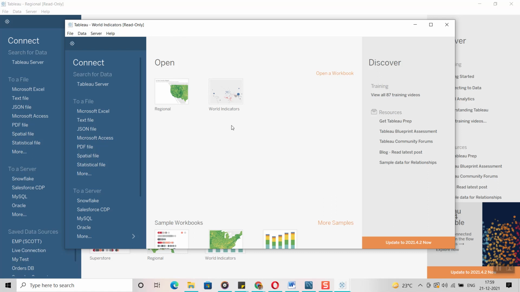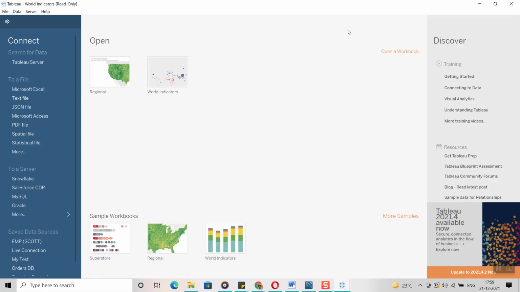This is not important, but it is useful sometimes. If you are lazy to connect and open the saved one directly, you can click on the recent one which you worked on till yesterday or till the last hour. If you want to continue from there, you can open it.